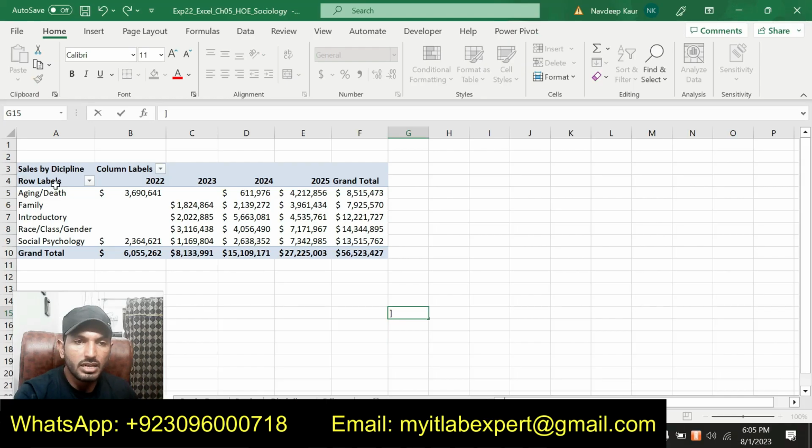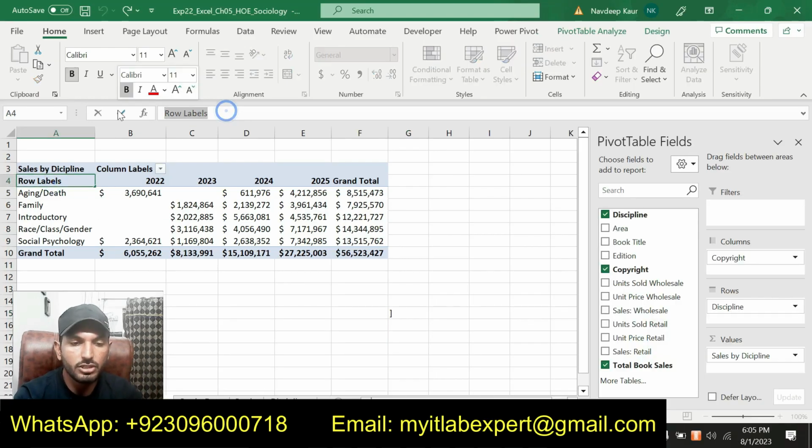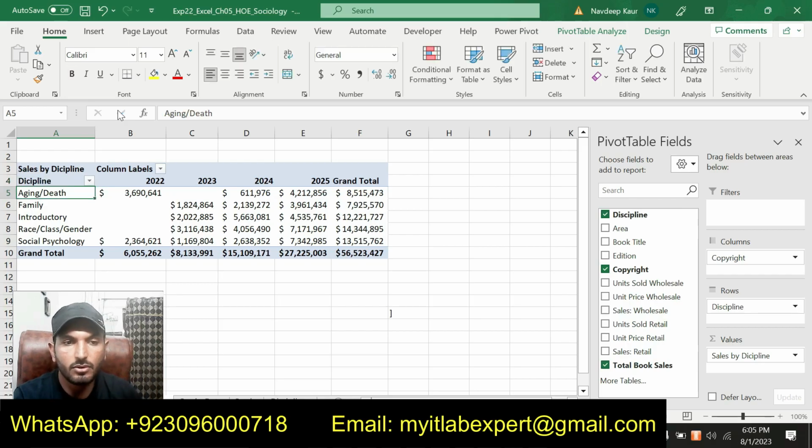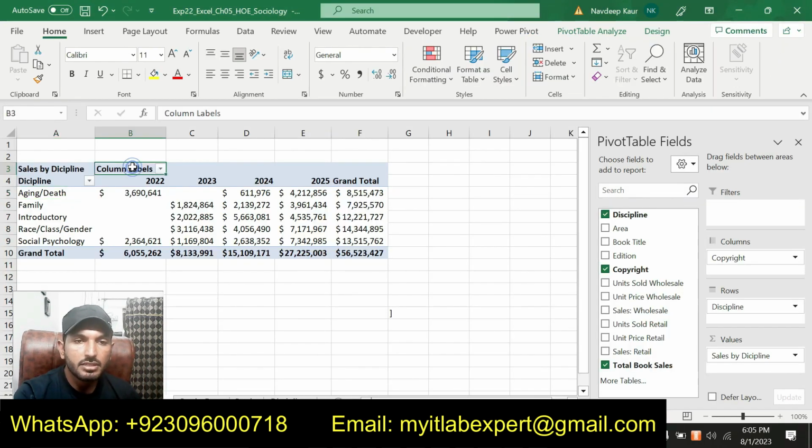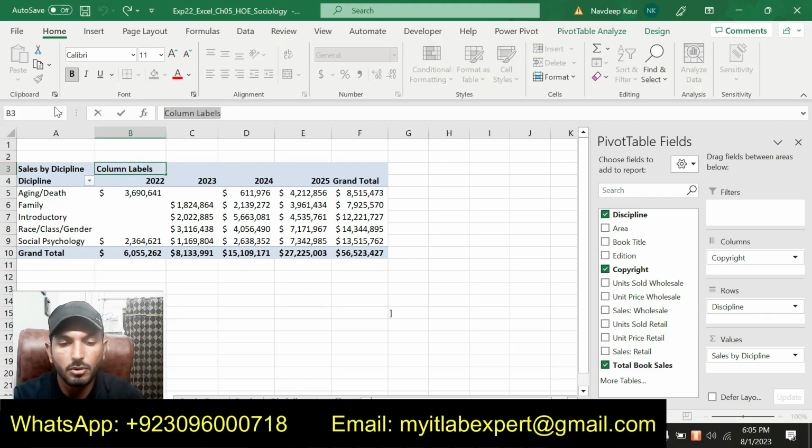So let's go to cell A4. This is A4 and we are supposed to type discipline here. Okay, done. So next thing to do is we are supposed to type copyright here in cell B3. B3 is here and we are supposed to type copyright here.